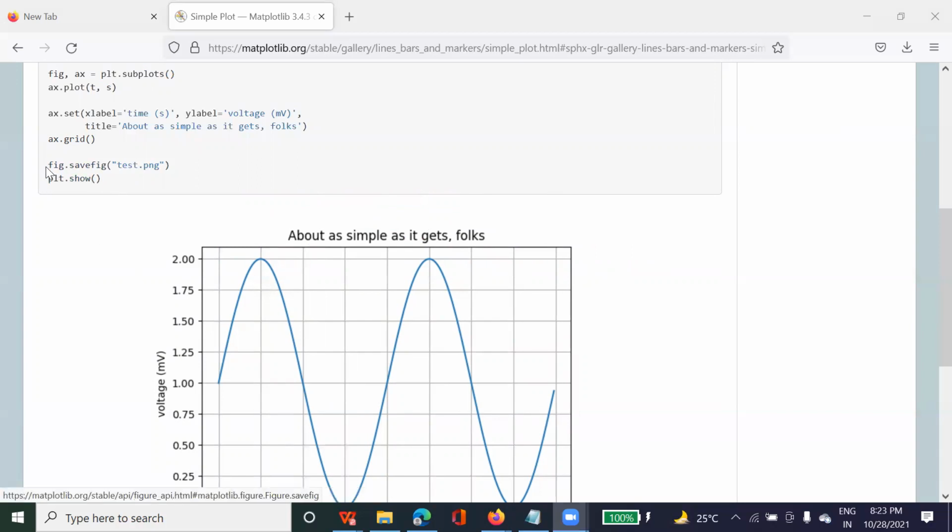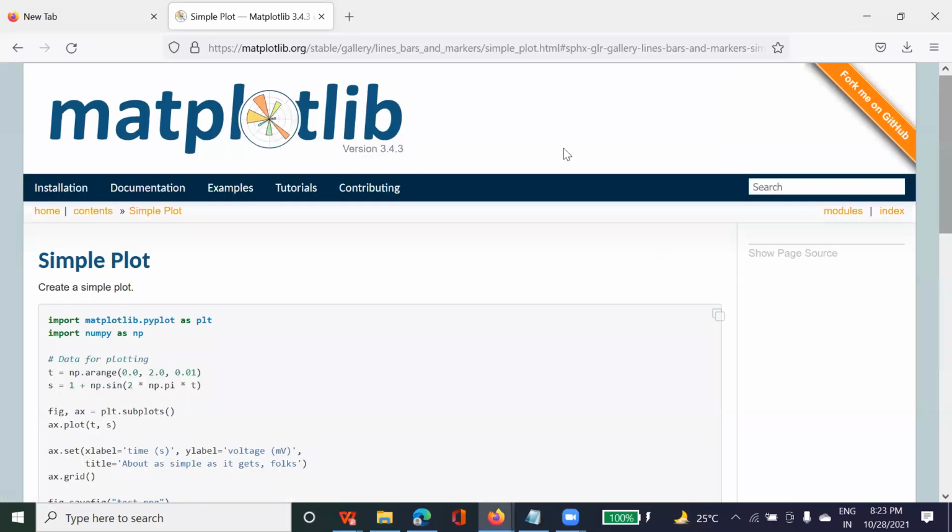Then when you write figure.savefig, this will save the file in the Colab only. If you run this command, it will save this file with the name test.png on your Colab. And once you run plt.show, where plt is an alias name for matplotlib. Yesterday I used mat in place of plt, so you can use anything here.